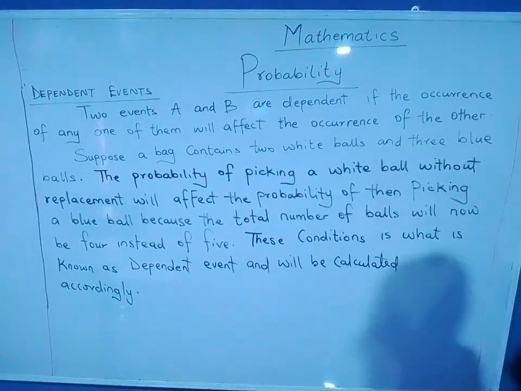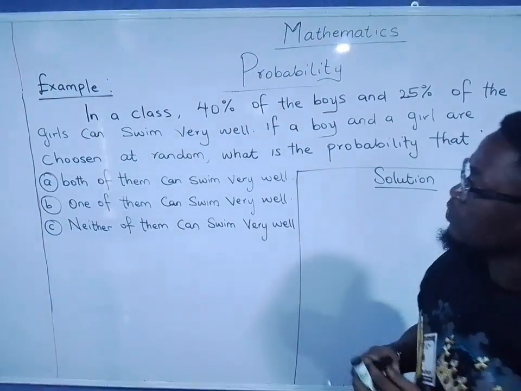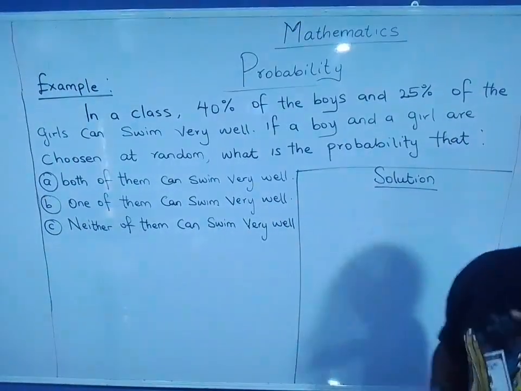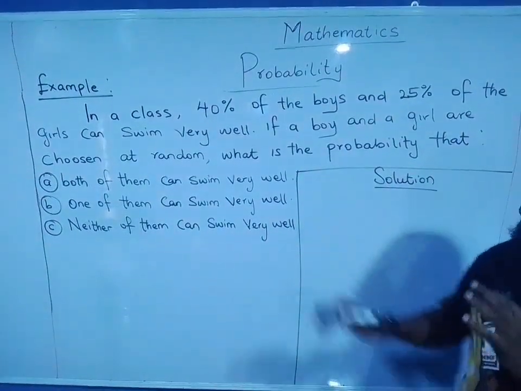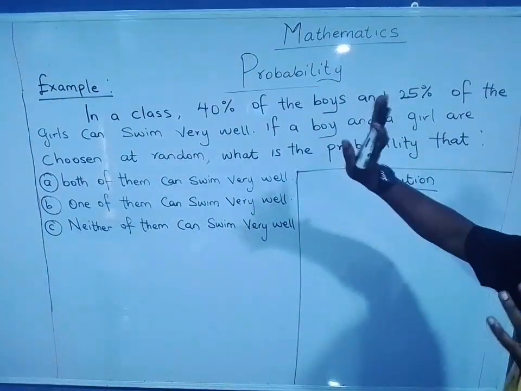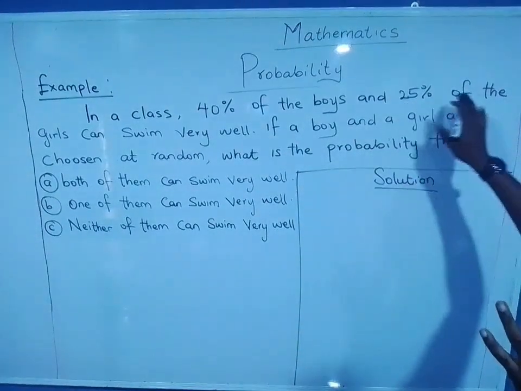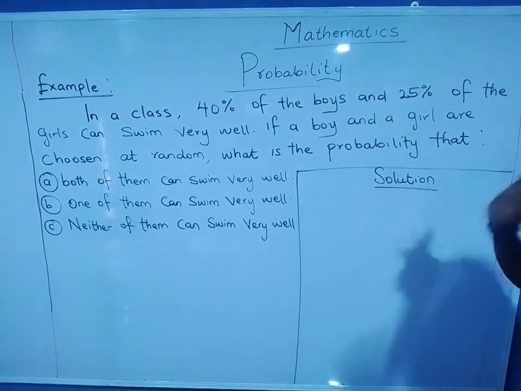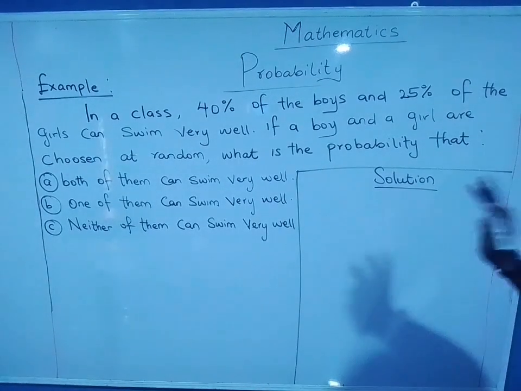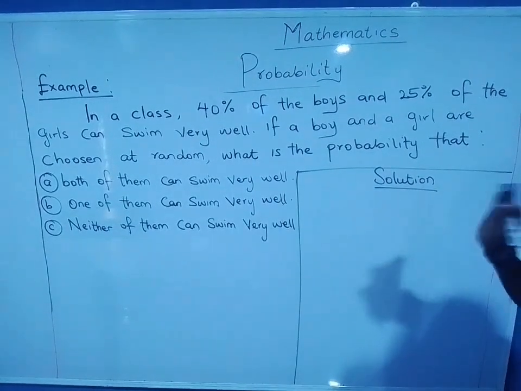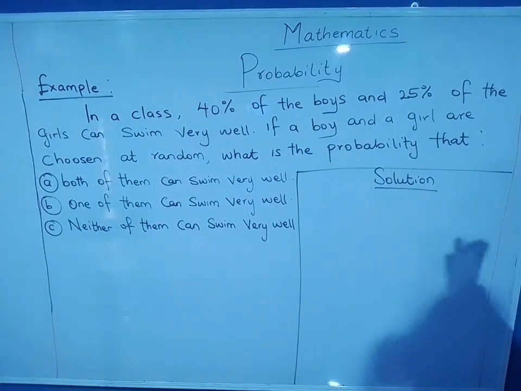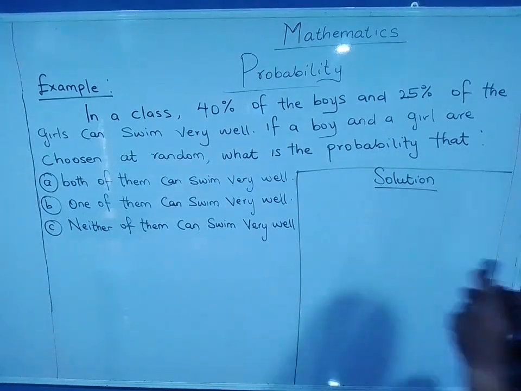Now, time for examples as Esther requested. Look at this question. Look up. So this is an example. In a class, 40% of the boys and 25% of the girls can swim very well. If a boy and a girl are chosen at random, what is the probability that A, both of them can